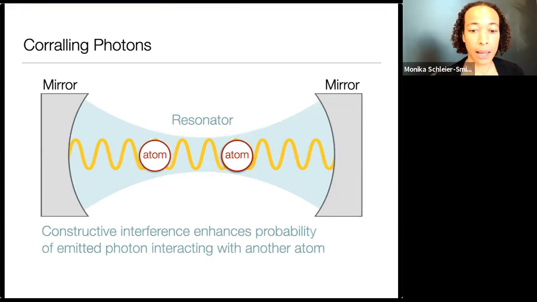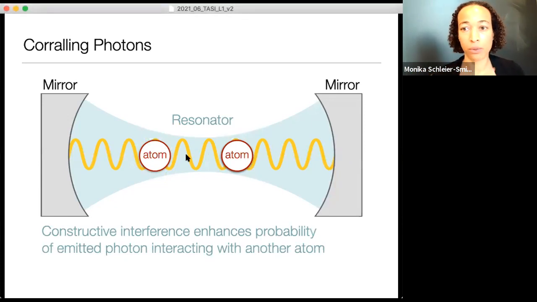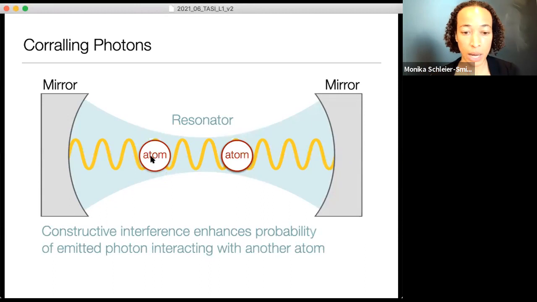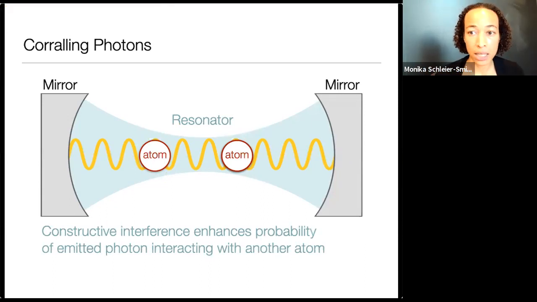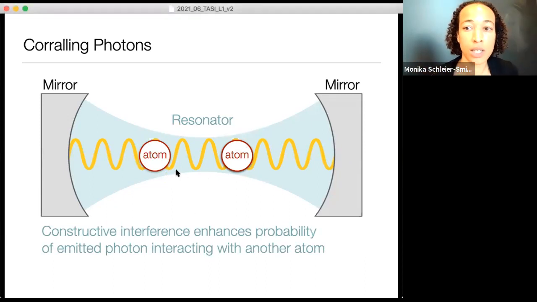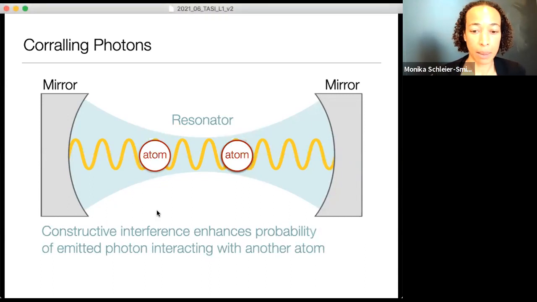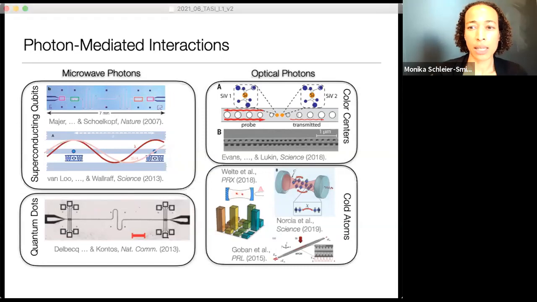an optical resonator. And because the light can take many bounces back and forth between these mirrors, the amplitude for a photon to be reabsorbed, to be scattered into this mode between the two mirrors and reabsorbed by another atom, is enhanced by constructive interference compared to the bad process of a photon leaving. So this is the general idea of using strong coupling between atoms and light to realize interactions mediated by light. And I'll just mention that this general concept is applied in a range of different physical